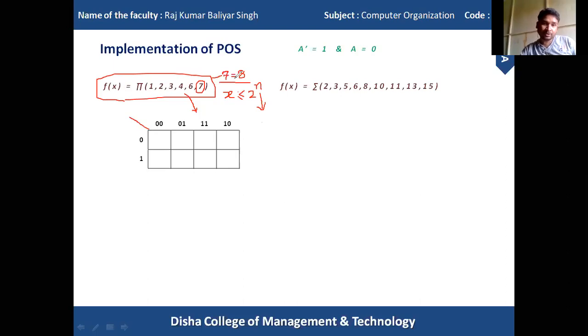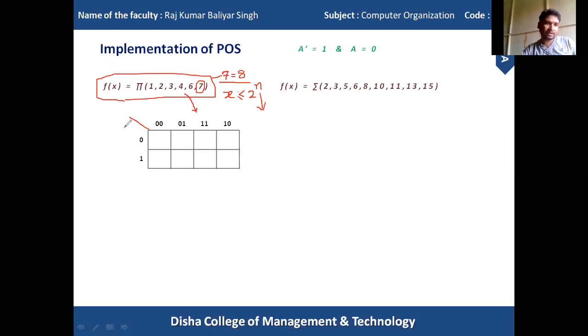Clear? So just apply this rule for this equation. Is 7 less than or equal to 2 to the n? Where n equals 3, it becomes 8. So it is possible, that is a 3 variable K-map. We can also use the 4 variable K-map, but we are not getting any common value for that. That is a waste of time. So that is 1, 2, 3, 4, 6 and 7. This is the decimal value of the cell numbers.